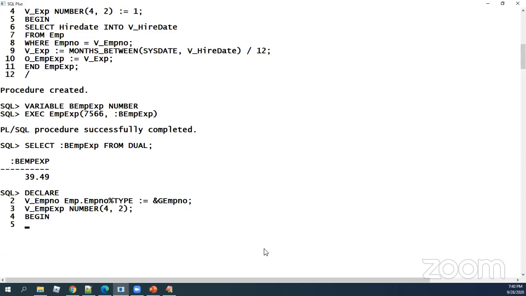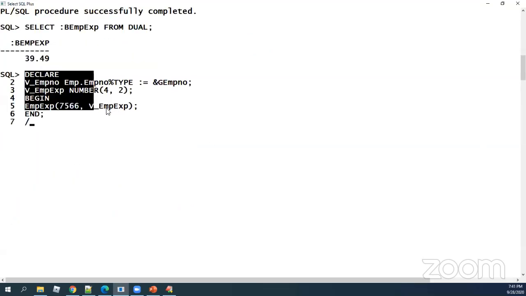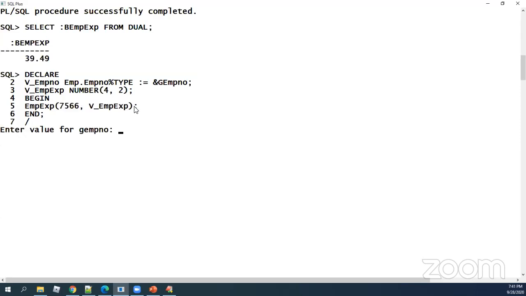You know very well that whenever we call a procedure, we directly call the procedure by just replacing that area with v_. Procedures are never assigned to any specific variables. Then end, and we execute this block. This block is calling another PL/SQL block, which is a subprogram.